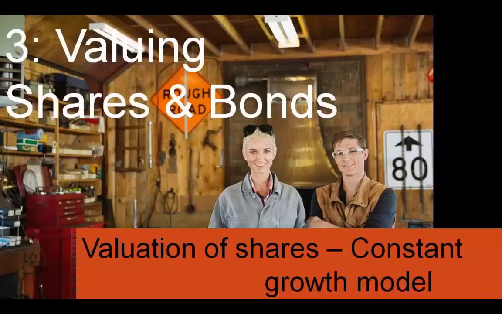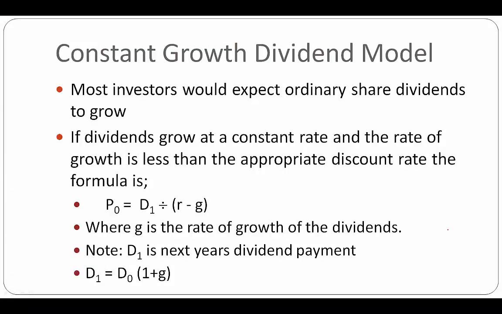Okay, so we're talking now about the constant growth dividend model. This is a model that you would use for ordinary shares. You'd say, look, we expect this company to be paying a dividend, but because it's profitable, it's retaining some of those profits to reinvest in the business, so it's growing. We expect its profits and assets to be growing, and therefore, hopefully, if the directors are sensible with higher profits, they're paying out a higher dividend to keep